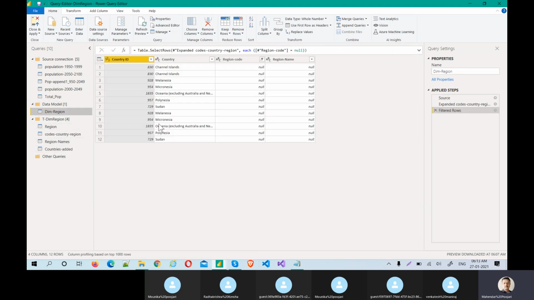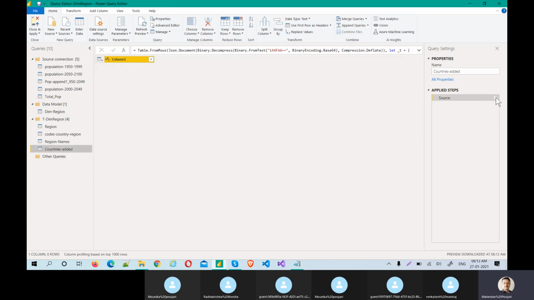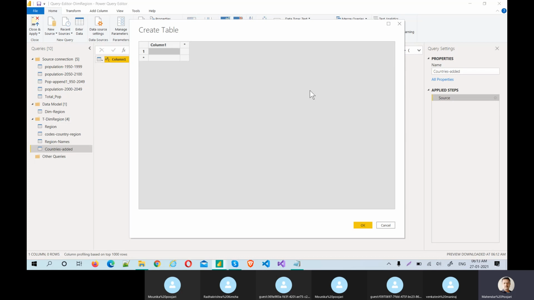We want these names, right? So this country ID and country name, we should have all these 4 columns. But for now, let's take only 2, and we will write manually. I can take all of them and fill them, that is also perfectly fine. But for now, I just take these 2 things. I'll click on this gearbox and paste it here.